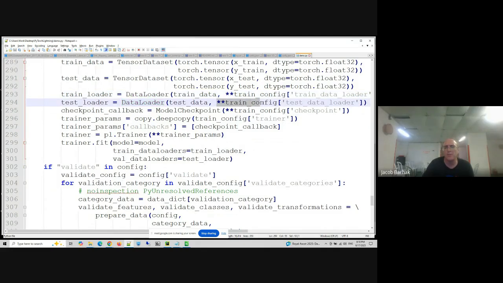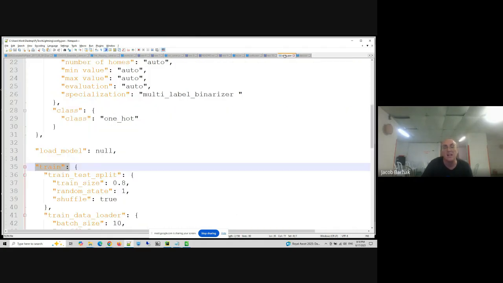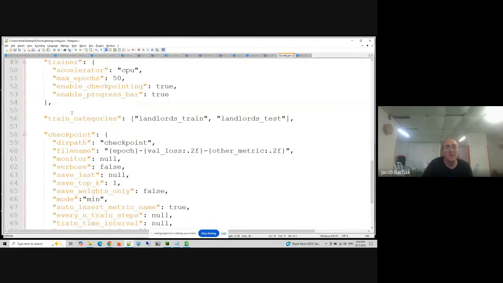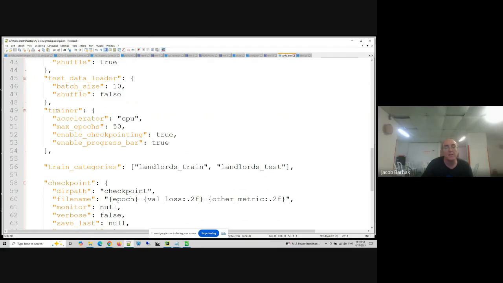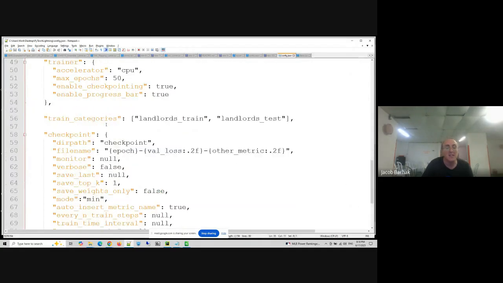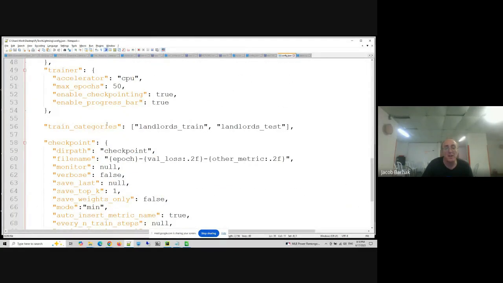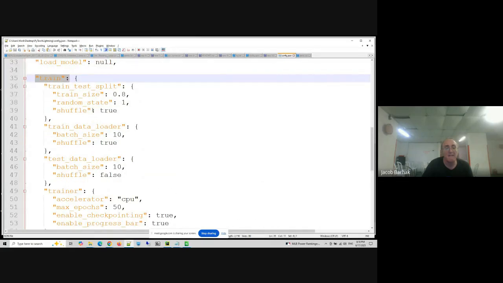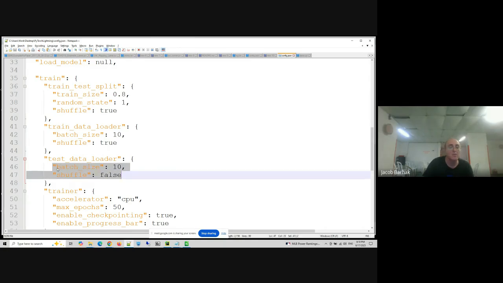Notice this is a Python meetup. So when I write something like this, it means give me all of those as keywords into the function. Let me give an example. This was the test data loader. Let's find it here. Here, test data loader. You see those parameters are going to go into the function, and they're going to be added as keywords to the function call. It's a very convenient way.